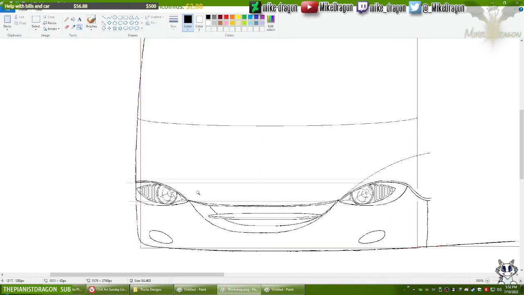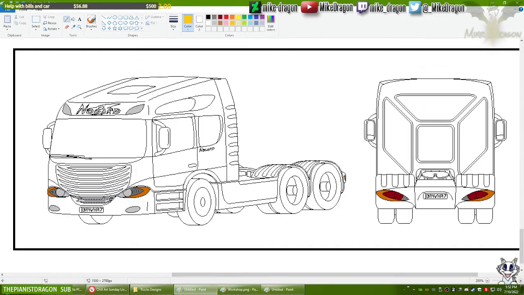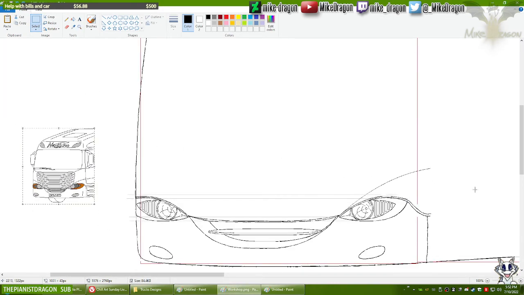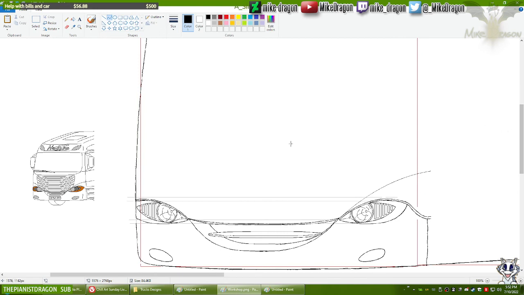It is in the correct spot, just not properly shaped. Let me copy this over to here for reference, easier reference. Let's do this again.